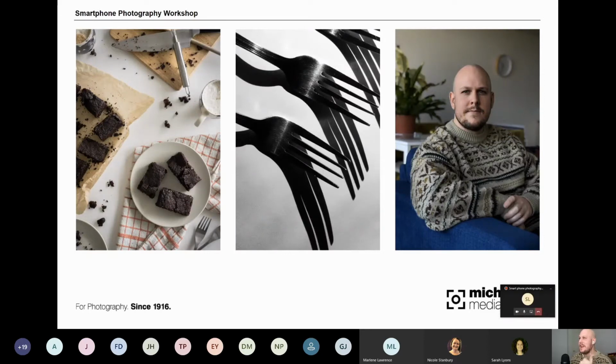Maybe they've made it at home. They've just finished their cooking in the kitchen, and they've decided to take a photo to show off their creation. This was actually made by my lovely partner. She baked this for me the other day, for me to take photographs of it, and so that's